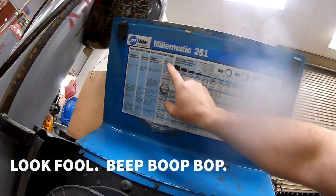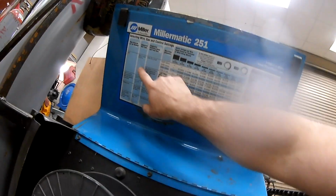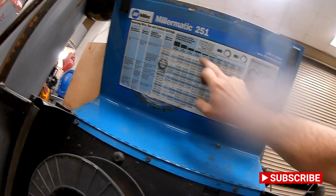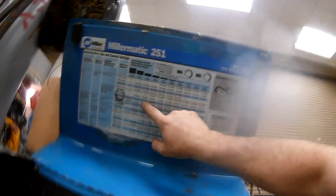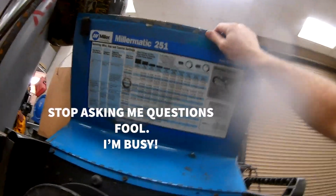And then it says, what wire size? I use 0.35. All right, so done, done, done, done. And then from here, all you're going to do is go to whatever thickness material you're welding, and you can figure it out. So we'll go to 1/4 inch, and we'll go down to here. It says 19,320, and that's exactly what we have written. So you can answer your own questions with this